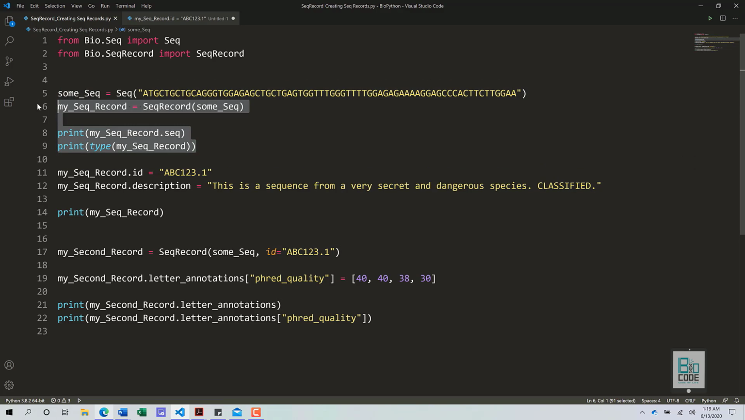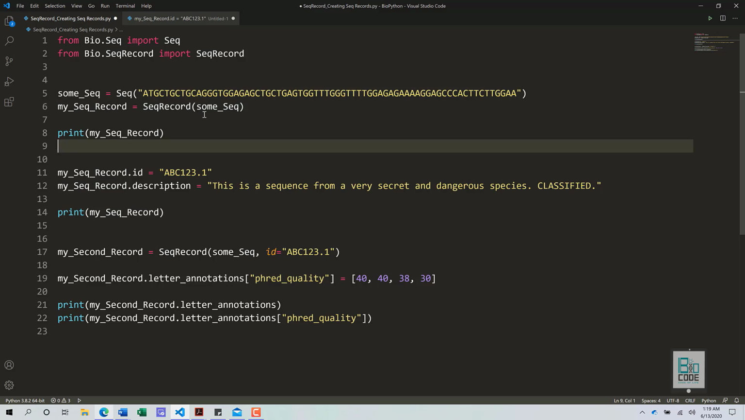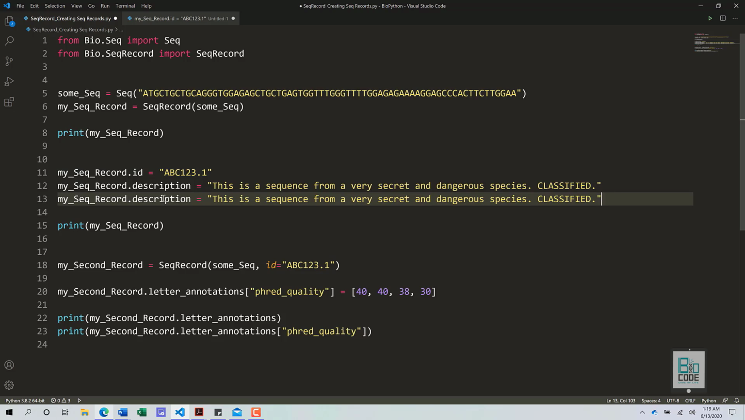So first of all, we have learned that we can print out the sequence object. We can print its type. Let's remove it because we have learned that. Now I'm assigning an ID to this sequence record. Then I'm assigning a description. Let's also assign a name as well. I'm going to make it name, and in that name